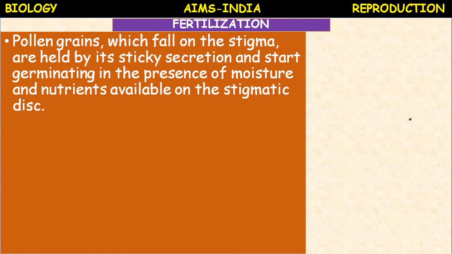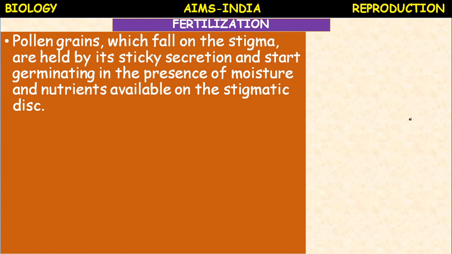If it takes place in the same flower, it is self pollination. If it takes place in different flowers of the same species, it is cross pollination. Okay, so there are different types of pollination which you have studied. What are they? Anemophily means pollination by wind. Hydrophily, pollination by water. There are several agents which help in pollination, like air and water.